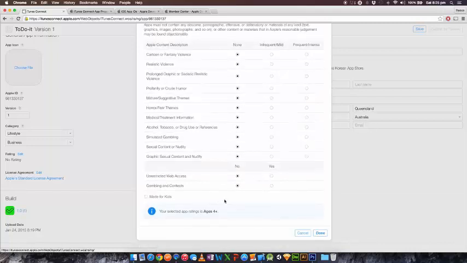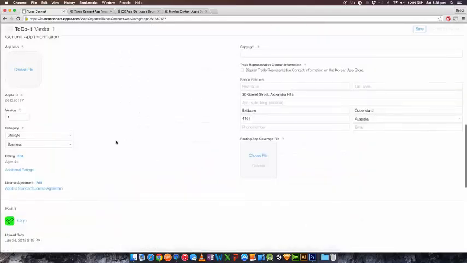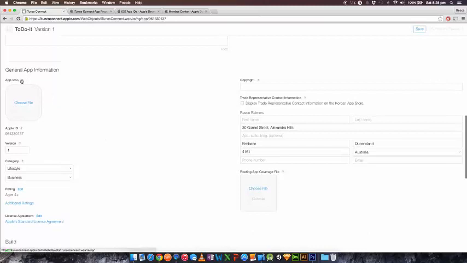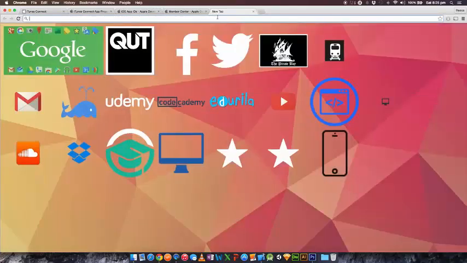So, 4 above, and we can hit done. Your app icon must be PNG or JPEG, and it needs to be 1024 pixels by 1024. So you can head to Google, for example,